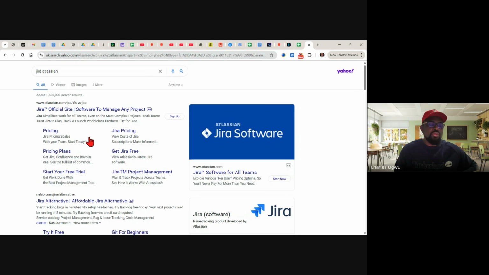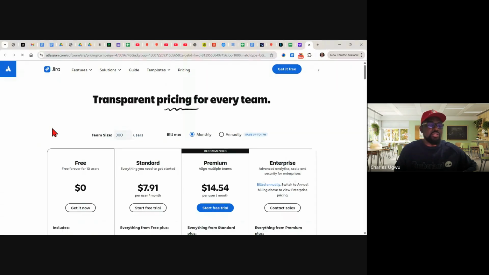So the Jira, let's look for the pricing here. The pricing, so you see, it's so everybody can get it.